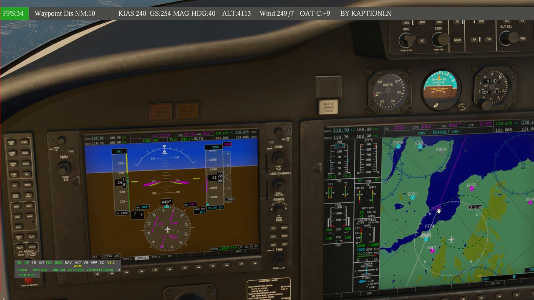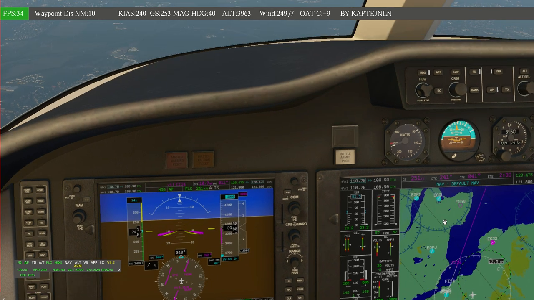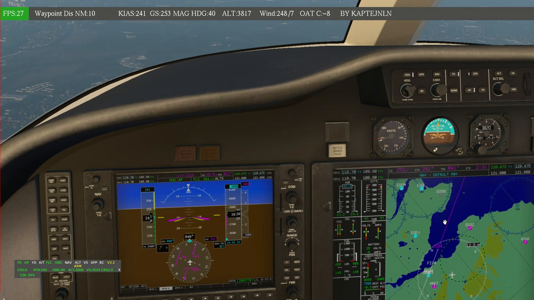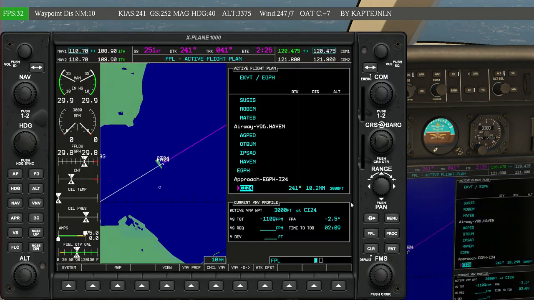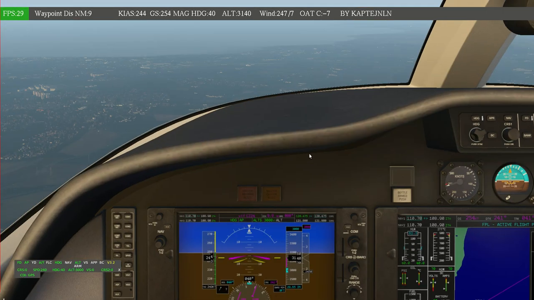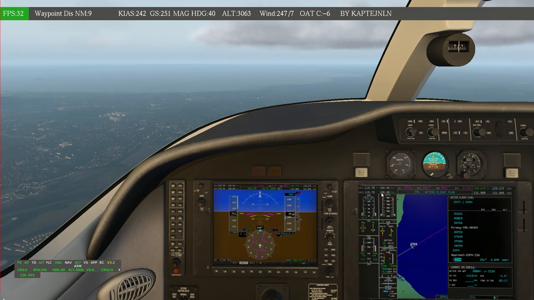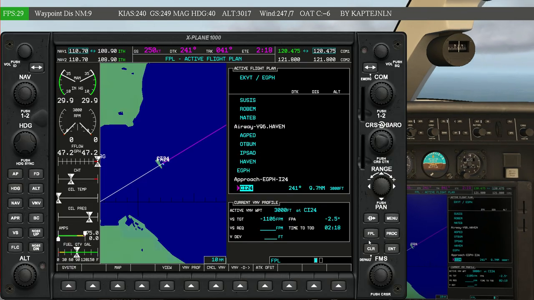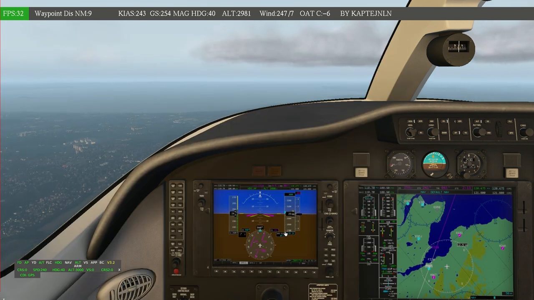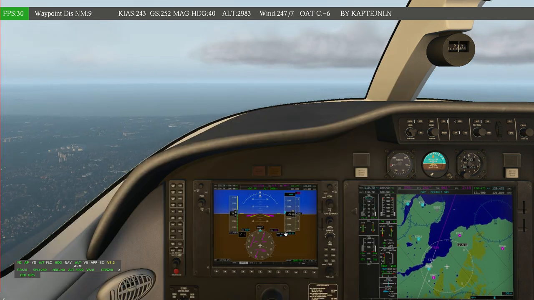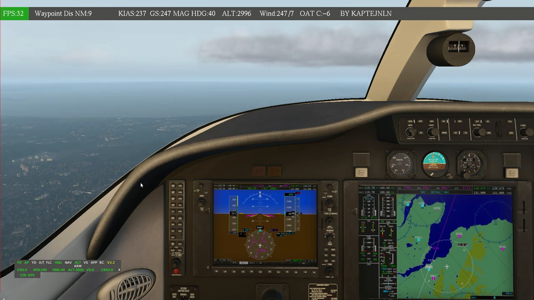So now we are just coming to 3,000 feet. As far as I remember, that is the altitude for that waypoint here. It is. Do note that I don't have the charts as such. A small note here is that if you are not aware of it,